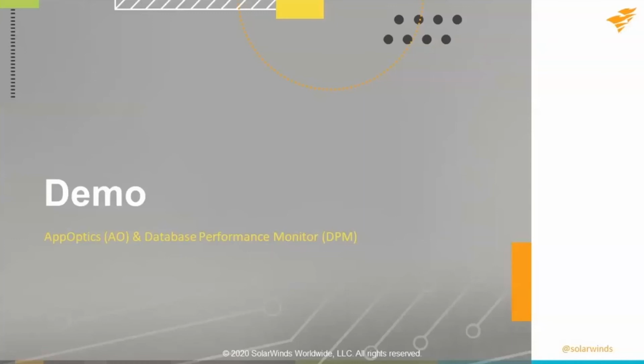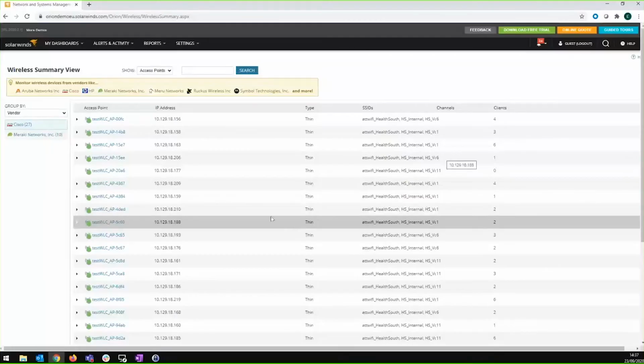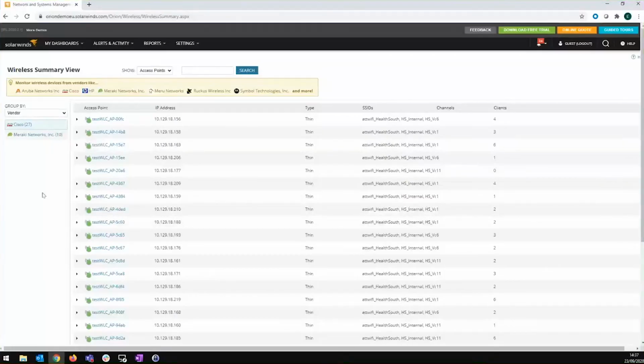Yeah, again, in terms of support, this is quite a broad question, because the relevant product managers would also need to know what you mean by support. In terms of recognition, for example, showing information and collecting information from wireless controllers or access points, we support Aruba devices and Ruckus devices.